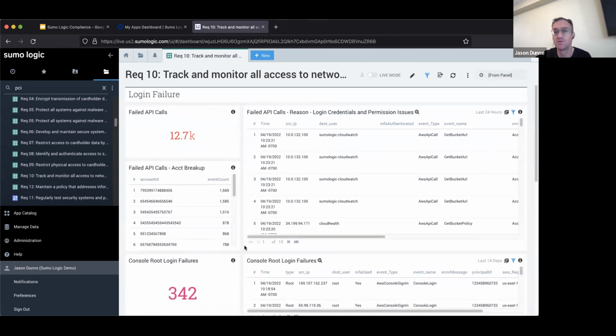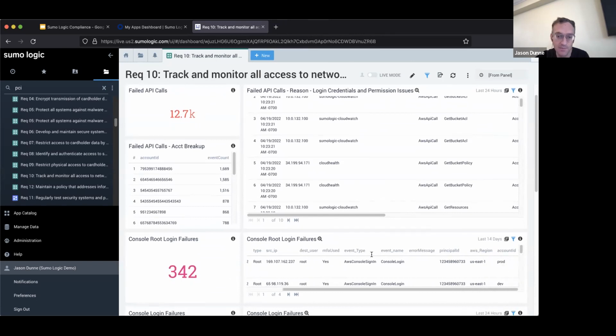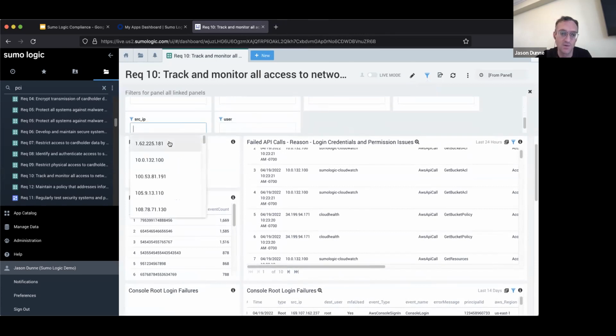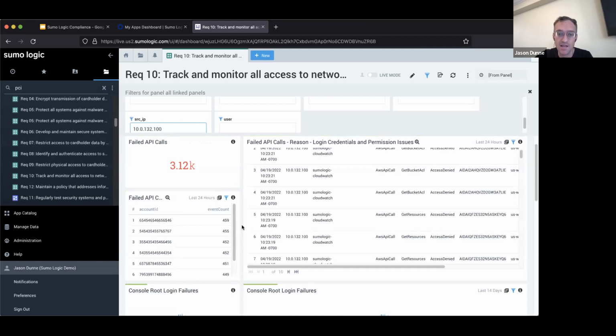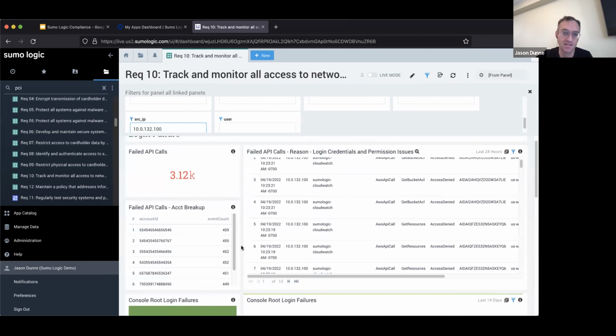Again, we're looking for these ratios, and we're also looking for ways in which we can pivot out, to better understand which event names are attached or most likely to align with which destination users, or maybe more importantly, the source IP, so that we can start to build these pivot points. Based on that source IP, if we just select the second on the list here for a quick example, we see a lot of the failed API calls are really responsible via this